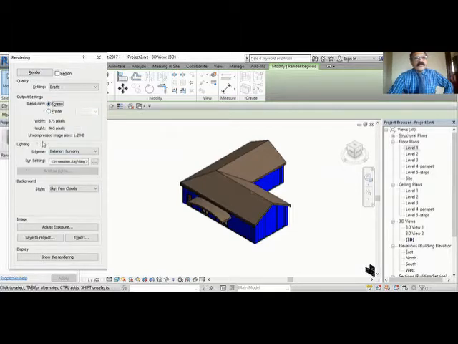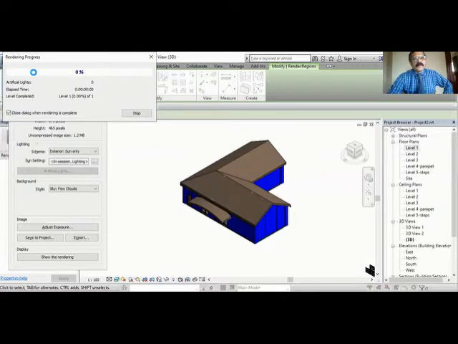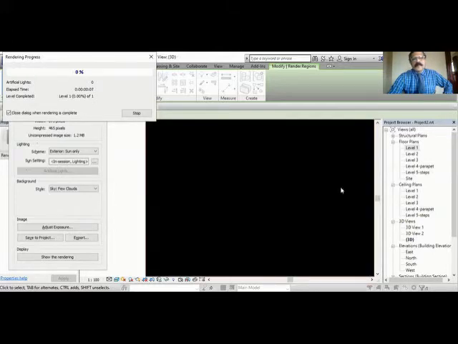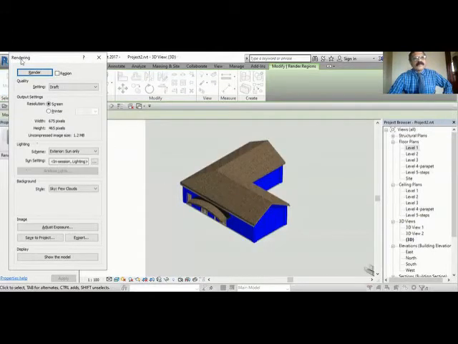And when you come here, lighting. There are 6 types of lighting here. When you click this, you can see there are 3 exterior lights and 3 interior lights. One exterior light is sun only. That means you will not have any artificial light, only the sun. That's what we got when we rendered with draft quality, screen, and sun only. So this is using the sun control, and the sun is used to render this.